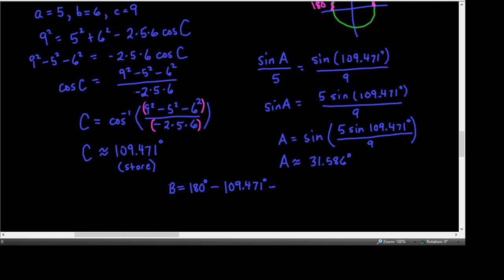Usually you can pull back the very last answer you just got, so you don't have to store this 31 number, at least not necessarily. For most of you, it won't be necessary. And then we come up with B is about 38.942